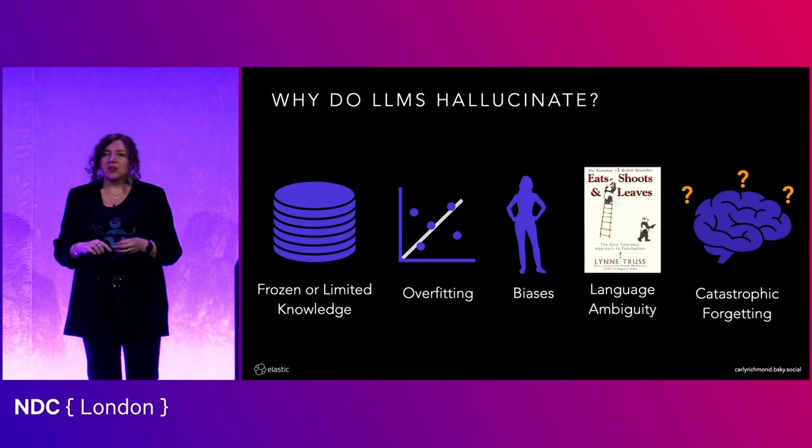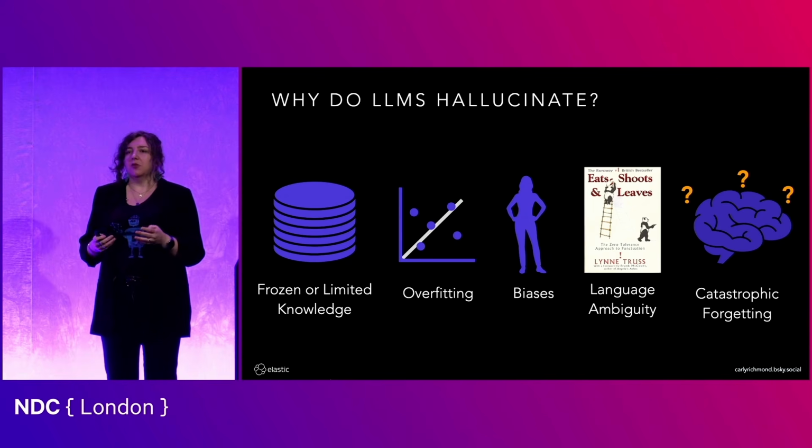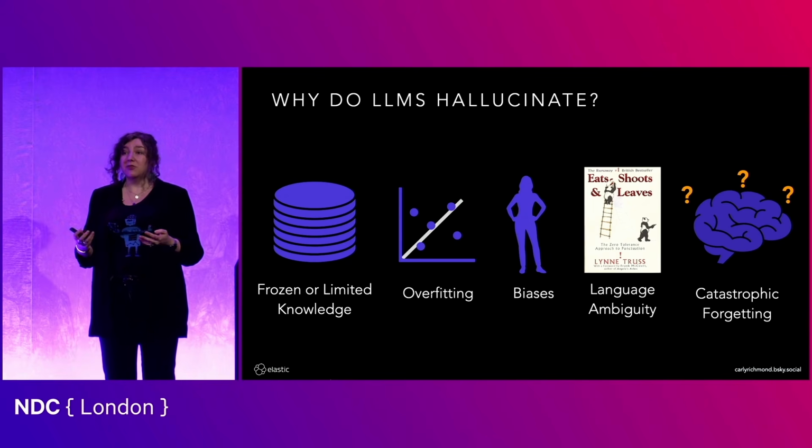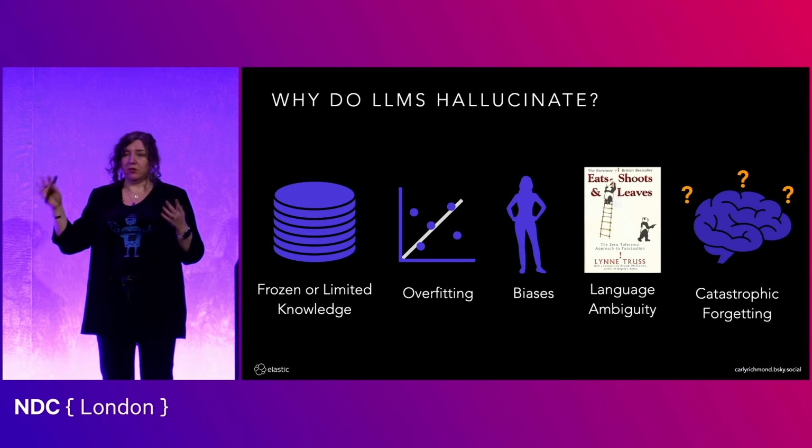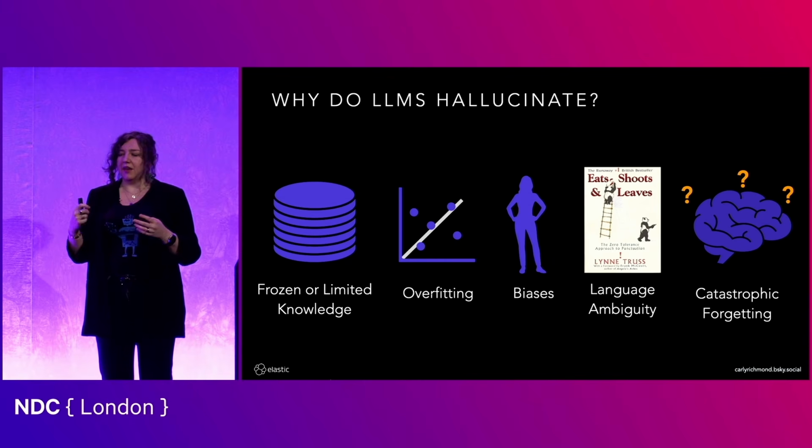We also need to think about language ambiguity, not necessarily in talking about the idea of dealing with multiple languages, but the fact that even us as potentially native English speakers, or even in your own native tongue as well, we can have situations where different words can mean different things. And as someone with a 6-year-old who's having to teach them reading and they're going through the school system, I see this pop up all the time. And it's something that can pop up with these models as well.